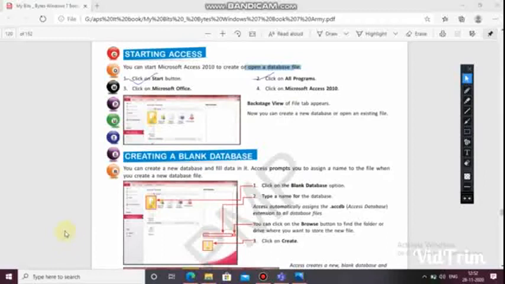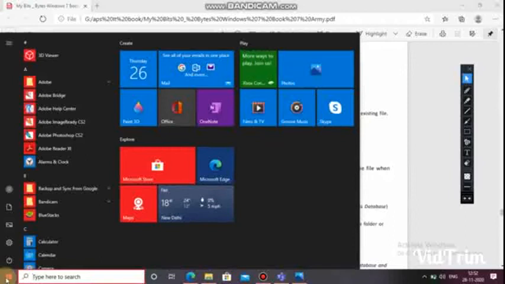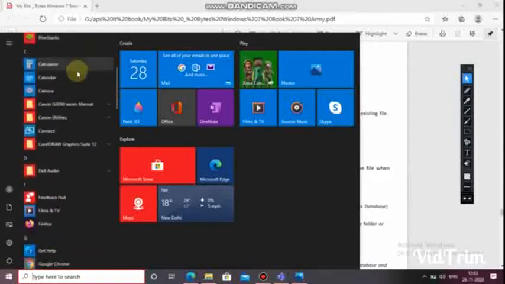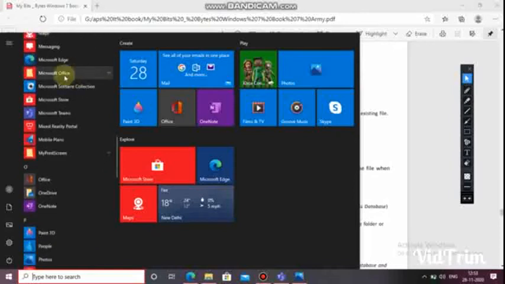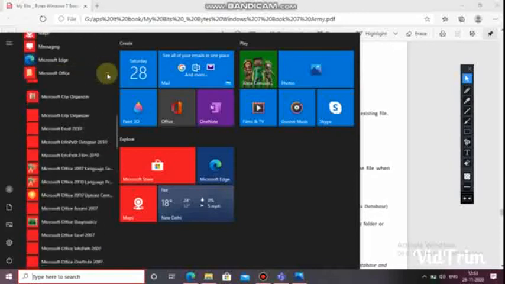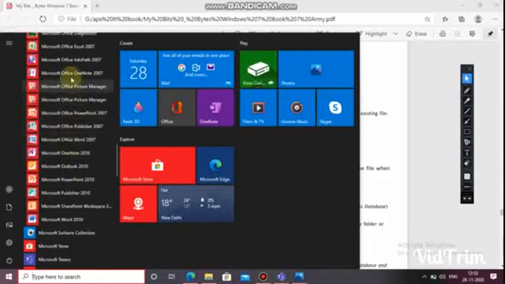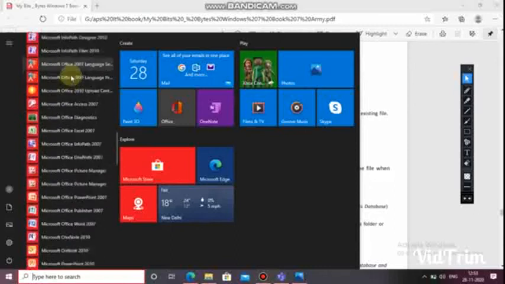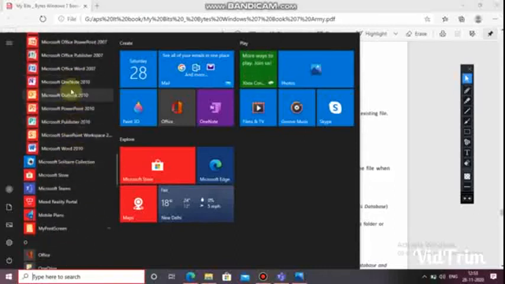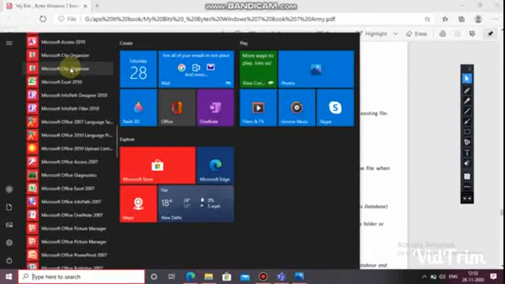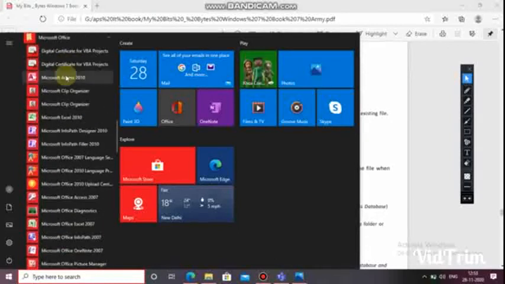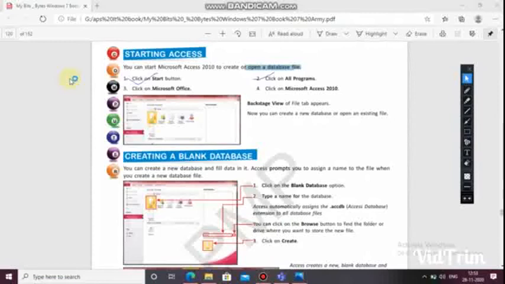So as I told you, the steps to open MS Access, you can see over here. Actually it is Windows 10, that's why it doesn't have a start button. It has a home button. In this you will go for MS Office. See here, MS Office. Click on that and then you will open MS Access. You have to find it: Word, Publisher, Outlook, MS Access 2010. Okay, here. See this one. I have clicked.